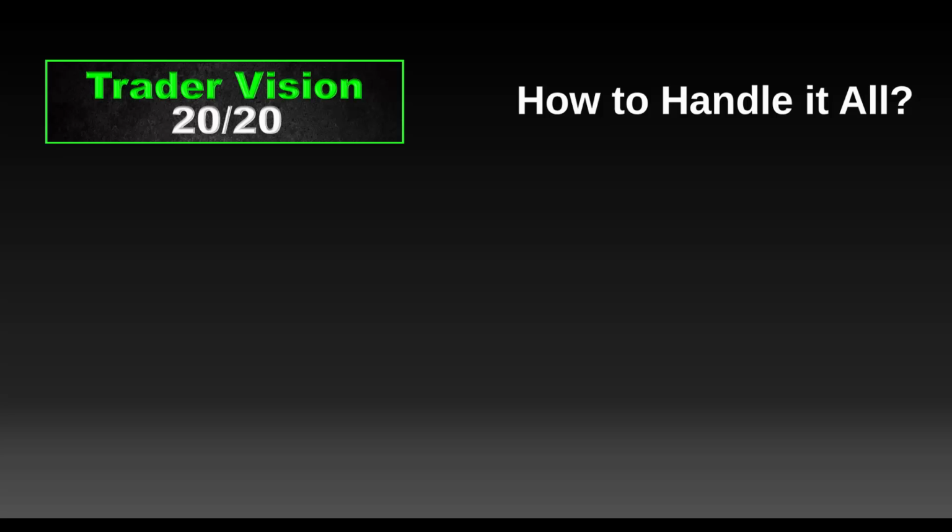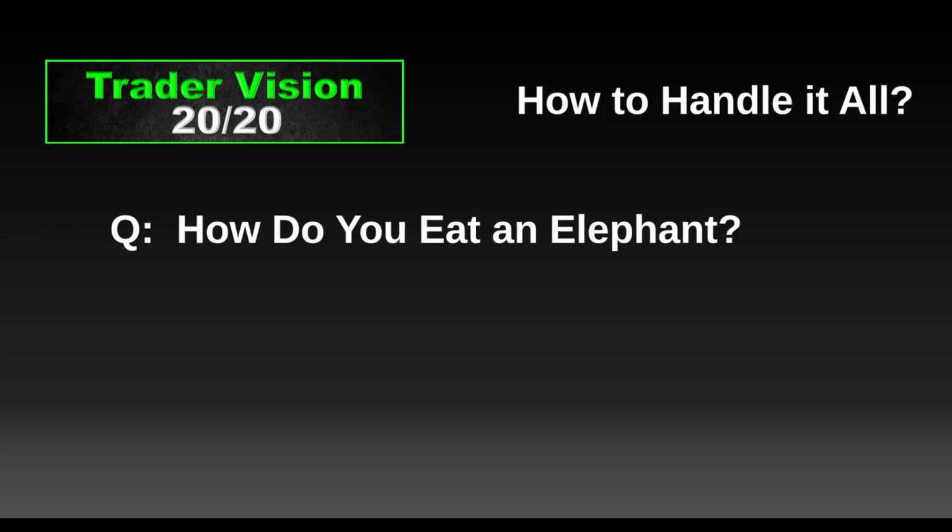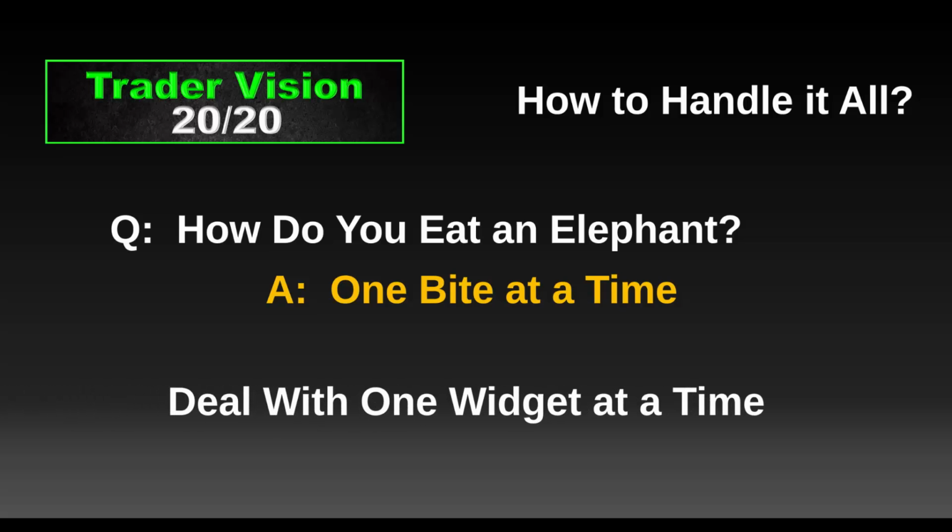You've all heard the saying, how do you eat an elephant? And the answer is, one bite at a time. And that's how you need to approach trading as well. You have that list of all the things that we need to consider, and then we need to make sure that we consider them each time. So as far as Trader Vision is concerned, if it's too much for you to deal with all at once, what you need to do is close down